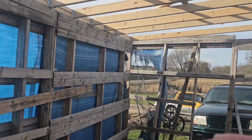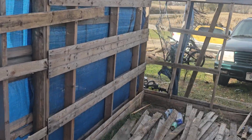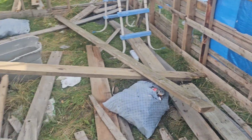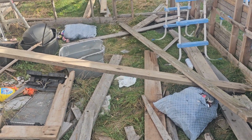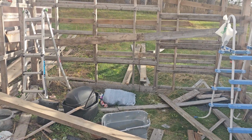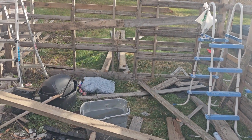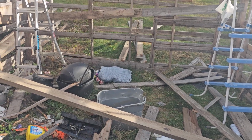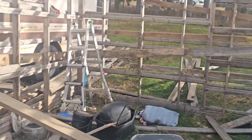We can run some lights. We can run some cabinets in here. We can fit a vehicle in here. I wanted it big enough for at least two, but I don't see that happening unless I get the Ranger in on the end, but then that takes away from my counter space and cabinet space. I don't even know if the Ranger would fit sideways. I don't think it would. It doesn't have a bed, but...